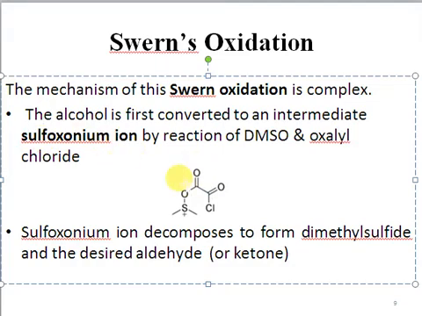So this sulfoxonium ion is formed as an intermediate in this reaction, and it is formed when the alcohol reacts with dimethyl sulfoxide and oxalyl chloride. So this is the intermediate of this reaction. This sulfoxonium ion decomposes to form dimethyl sulfide, right? So this molecule will be eliminated here. Then we will get the aldehyde and ketone as our desired product,